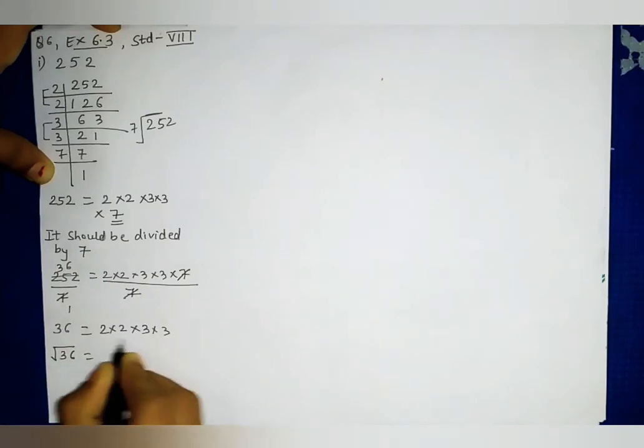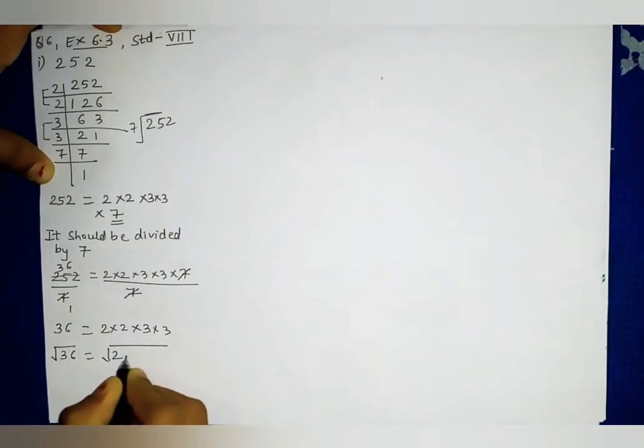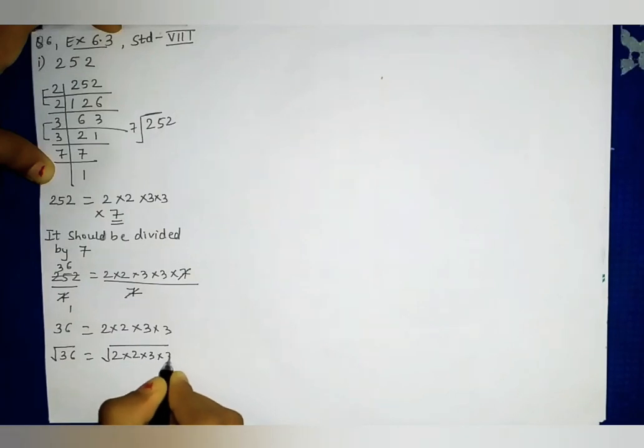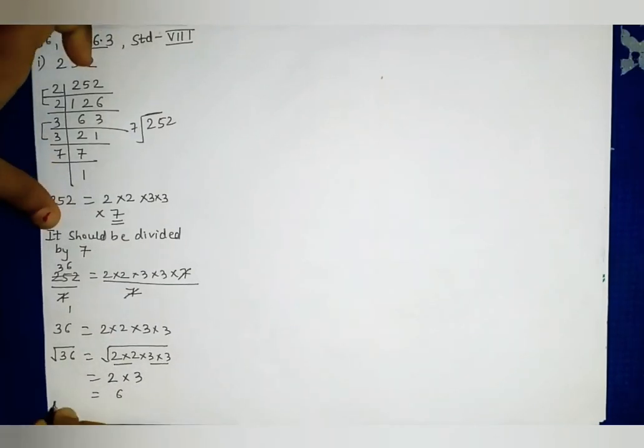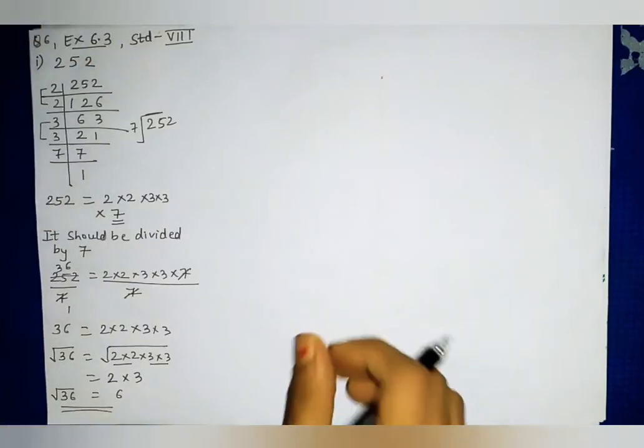So again these are the remaining factors. So this we have to write inside root. Now as you know these are in 2 2 pair. When we take it outside the root, we will write only one time. So 2 is 2 times, we will write it 1 time. 3 is 2 times, we will write it 1 time. So 2 times 3 is 6. So square root of 36 will be 6. So this is our answer.